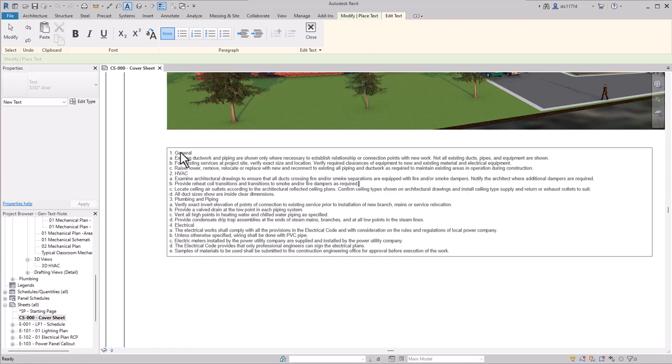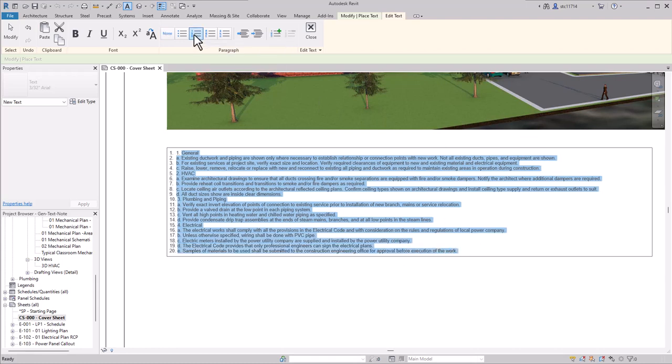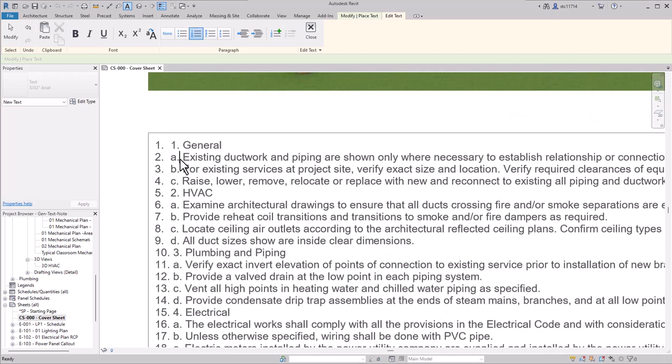So we're going to adjust this and actually turn them into numbered lists. I'll just select everything in here and select list numbers. Then I am going to indent the sub items that begin with letters. So I'll just click in this row A and select my increase indent. I will continue to do that for the ones below.